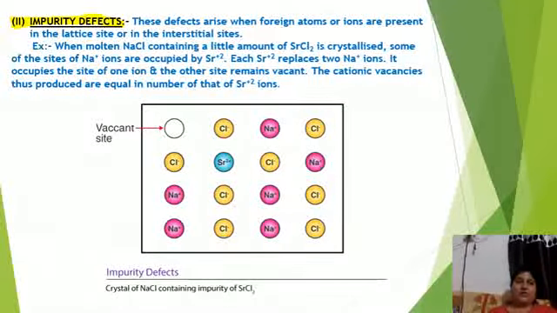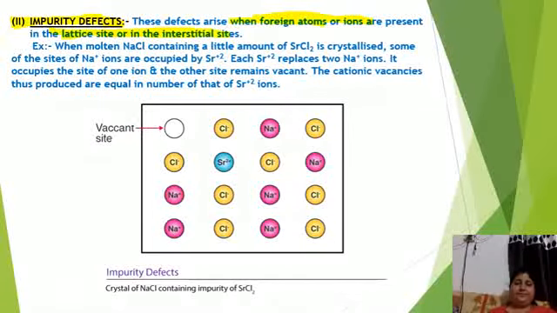So when we asked the shopkeeper to give a particular dal, what will happen usually? 1 or 2 particles of another pulse get mixed with that proper pulse. Okay, so what happened? Some other impurity came and mixed there. Similarly, when this happens in a crystal, that is known as impurity defect. It means when any foreign atom or ion, foreign meaning any extra atom or ion, is present in a lattice site, that is known as impurity defect.